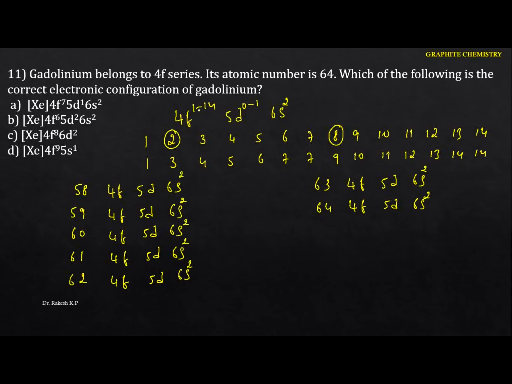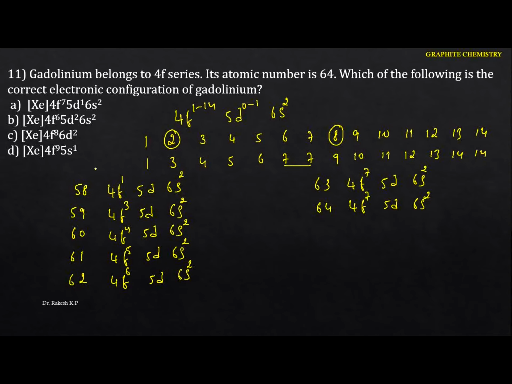The next thing is you have to fill the electrons into the f orbitals. Now see this one, for the f, first you have to write 1. This is for the 1. Next thing is 3. This is 4, 5, 6, 7. Again you have to write the 7. Okay, see the next one here.